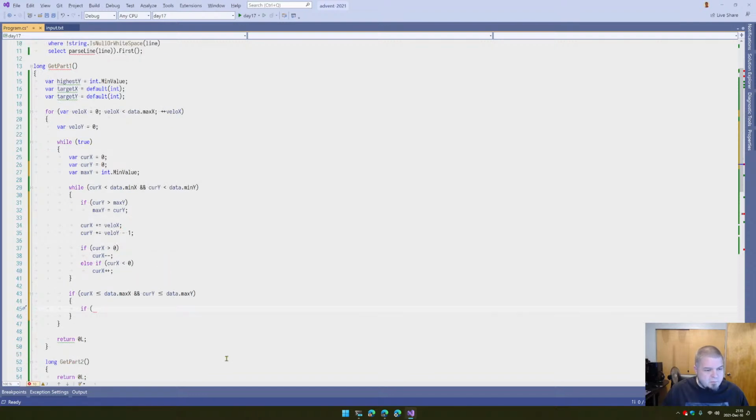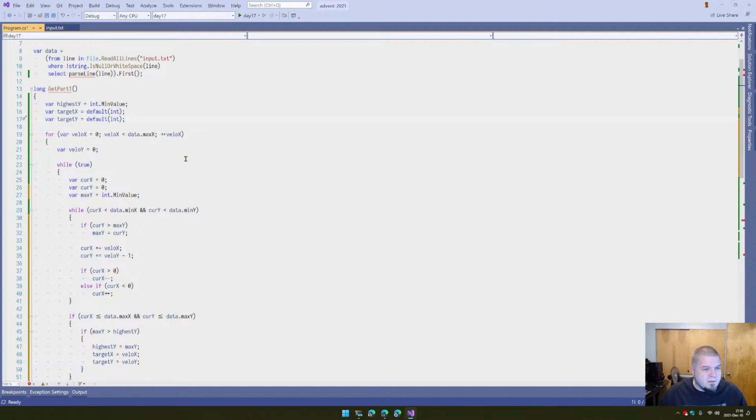And then here we'll say if max y is greater than the highest y, then highest y is max y, and target x is velocity x. Target y is velocity y. All right, so